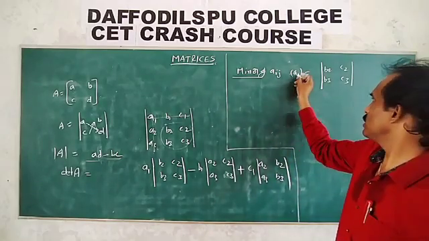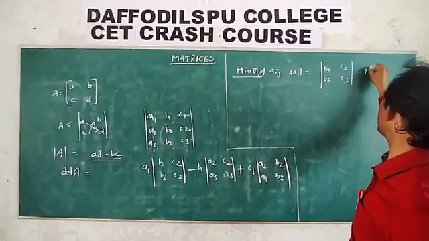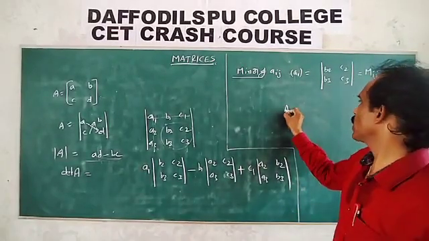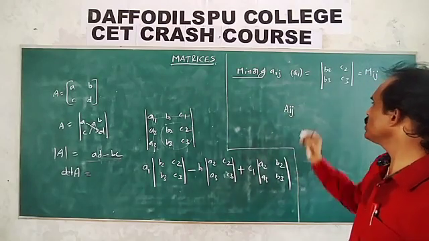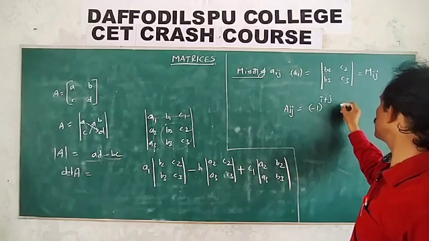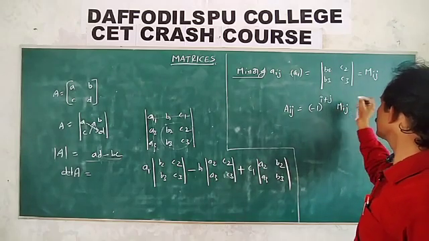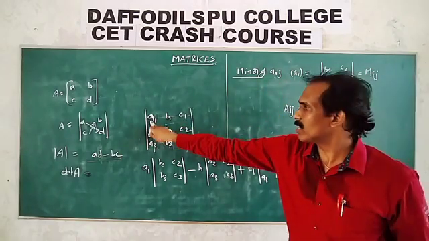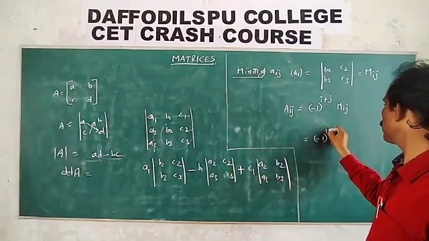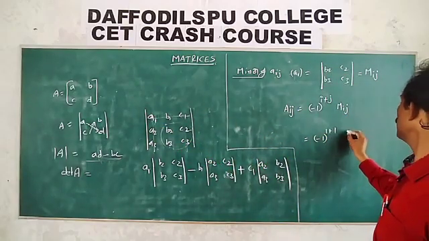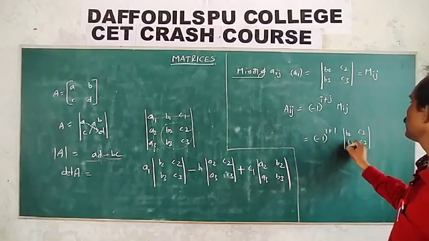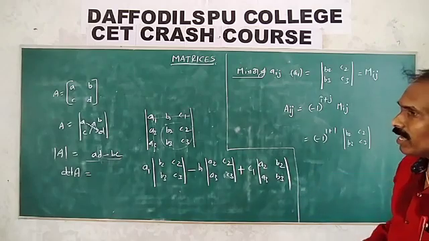Right, cofactor. How can you represent Mij? Capital letter Mij. Cofactor is capital letter Aij. What is the cofactor formula? Minus 1 to the power of i plus j times its minor. Suppose I want the cofactor of A1. Cofactor of A1 means minus 1 to the power of 1 plus 1, and next B2, C2, B3, C3. This is the cofactor of Aij.